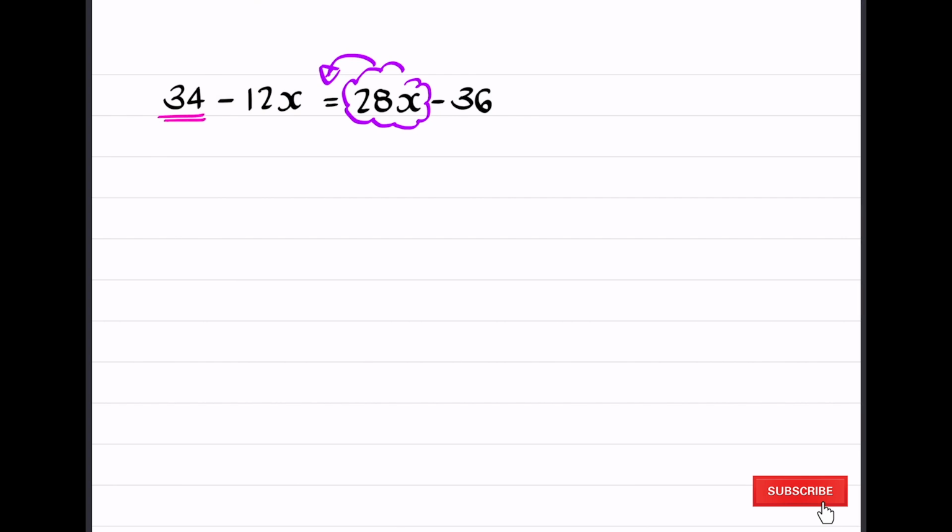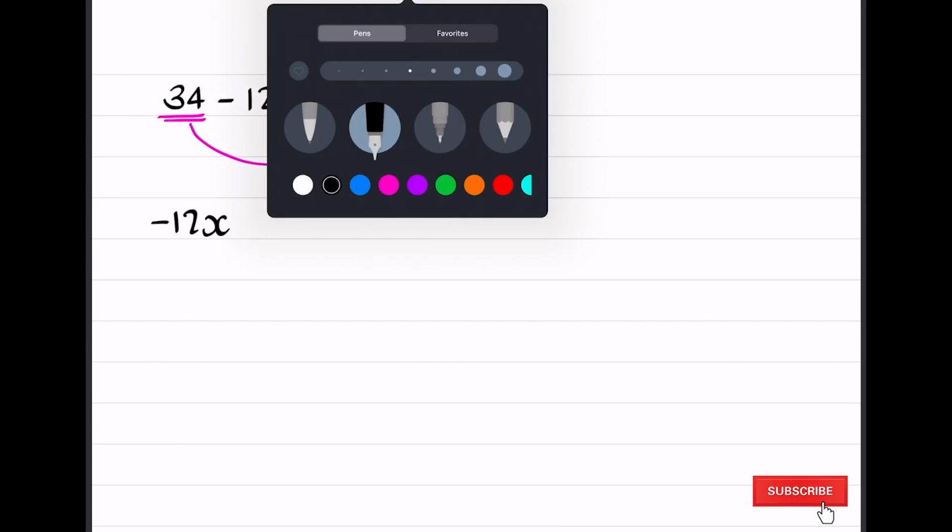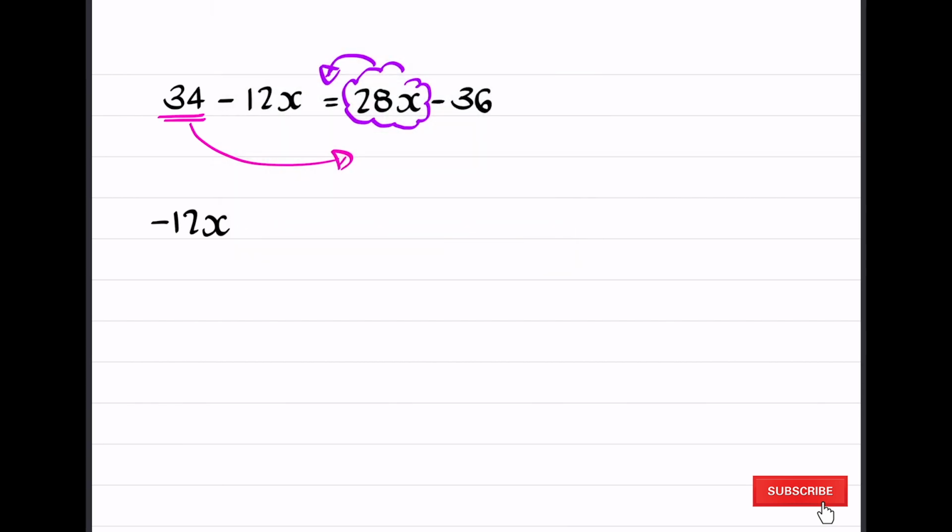I'm going to then take the 34 and I'm going to move it to the right-hand side. The negative 12x was there first, and stays the same. The 28x, when it goes across, now becomes negative 28x. That will be equal to negative 36, stays first, stays the same. The positive 34, when it's on the left-hand side, it's positive. When it goes to the right-hand side, it now becomes negative because it goes over the equal sign and